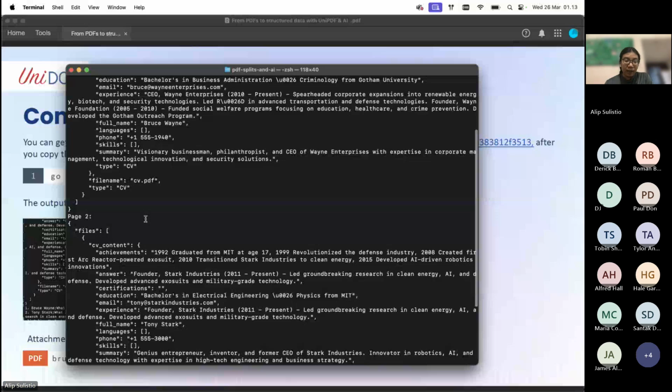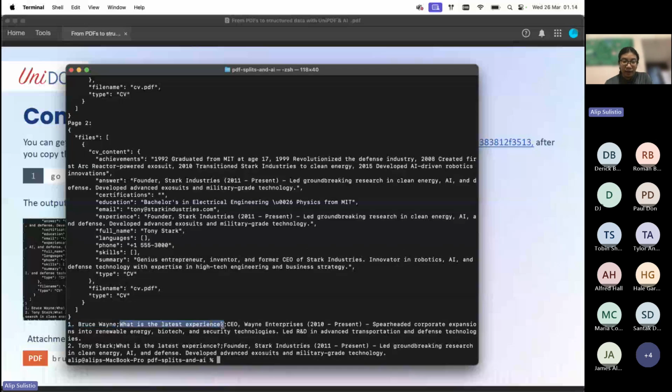We pull the name for each candidate, and then this is our question to AI, and this is the AI answer about the latest experience for each candidate. Then this is our second PDF page for Tony Stark and the latest experience there also. So that's our demonstration of combining UniPDF and AI.